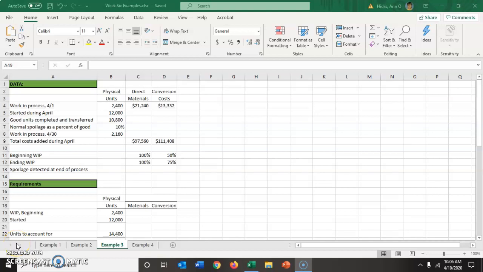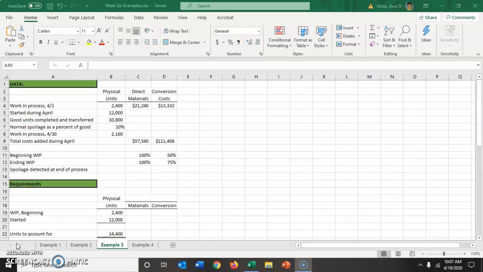Okay, for this last example related to process costing, I'm going to incorporate another variable, and that is that we have spoilage. So you'll remember in the two previous examples, everything that was worked on was either deemed to be a good product and moved on, or a good product and remained in work in process to be completed the next period. In this example, and this example comes from the material in chapter 18,